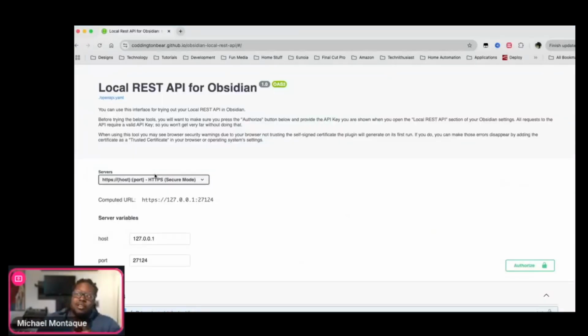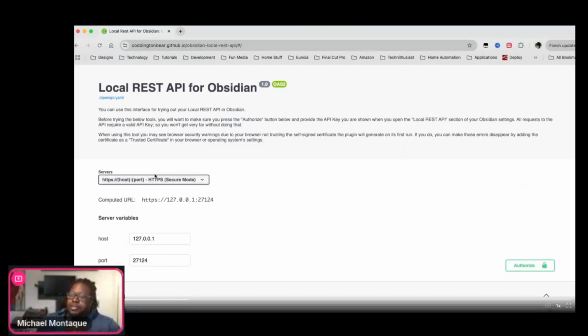So here, this is the Local REST API. If you want to search for it yourself within Obsidian, you can. It's downloadable. It's free. Just to give you a sense as to how this works, my favorite page for this is that they have this playground, if you will, that lets you test out the commands. And what the Local REST API does is it sets up a mini server underneath Obsidian that lets you ping it. So here's how it works.